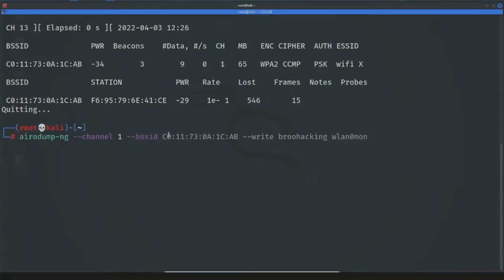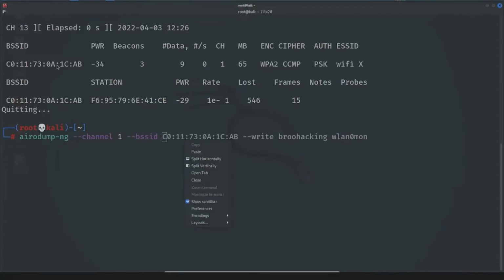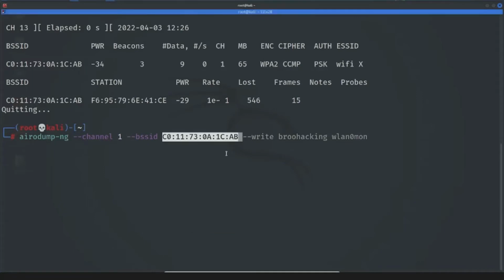I have already copied this, just copy and paste. And --write is for creating a file and storing the information that you take from the network into it. You can name this anything you want, and I'm going to name this, for example, password1, and our interface name, of course, at the end.